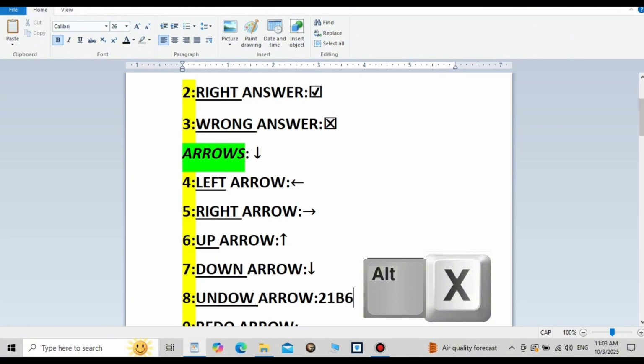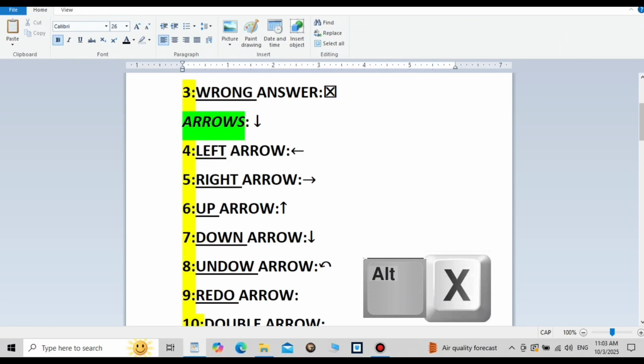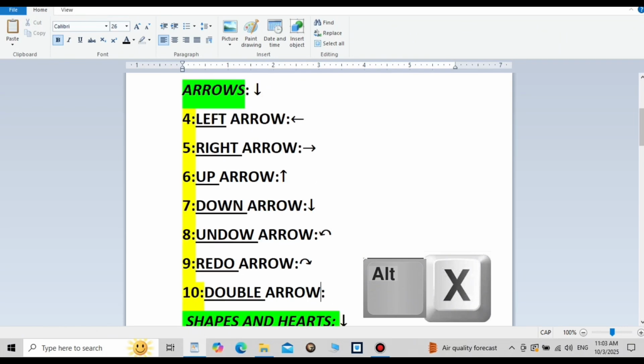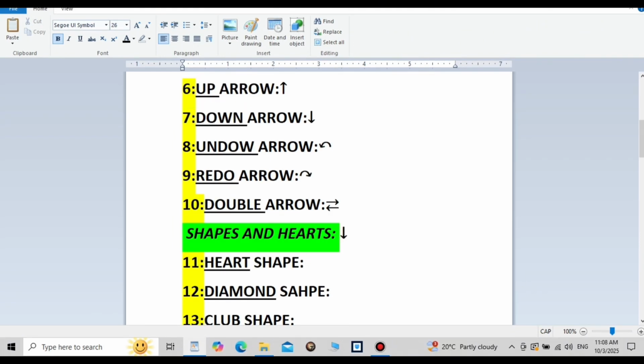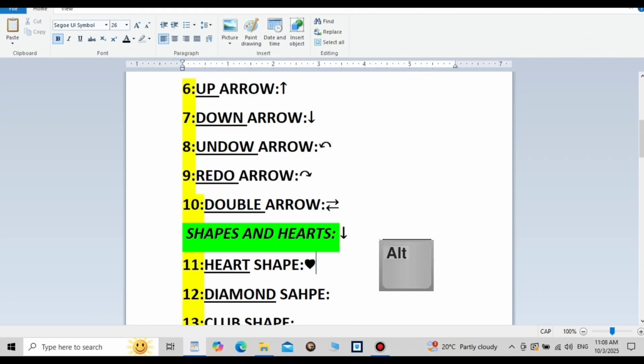21B6 plus Alt and X for undo arrow, 21B7 plus Alt and X for redo arrow, 21C4 plus Alt and X for double arrow, 2665 plus Alt and X for heart symbol, 2666 plus Alt and